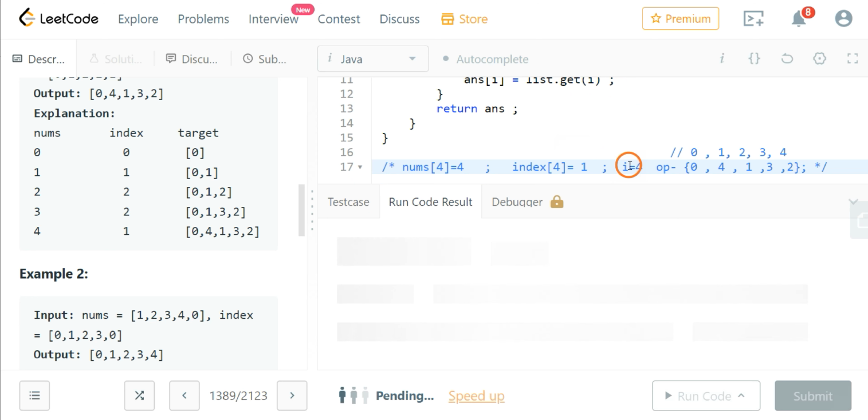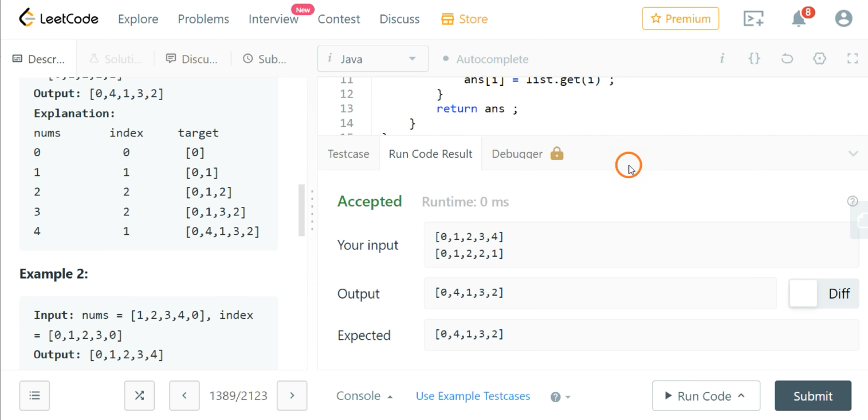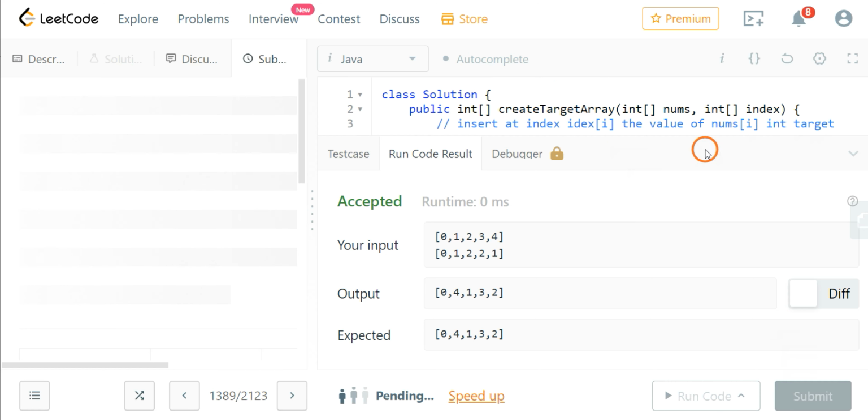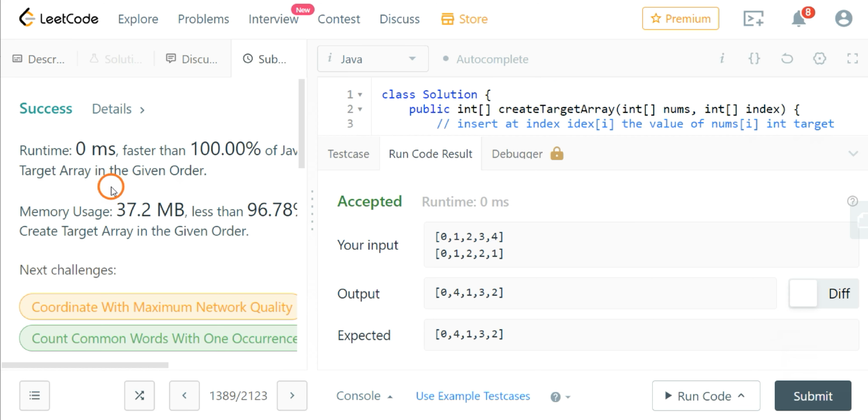So many errors. Let's submit this. See, 100% faster.